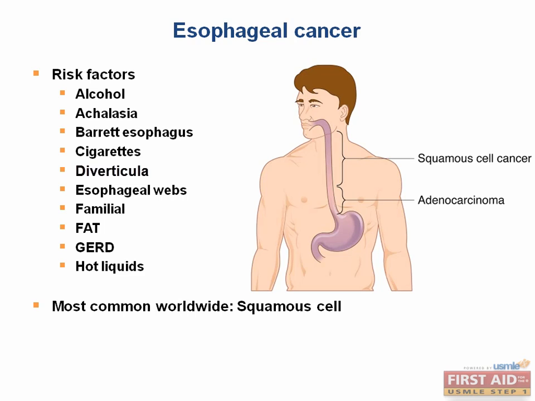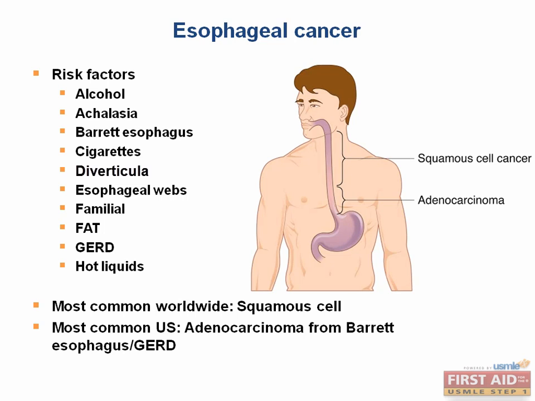Worldwide, squamous cell cancer is the most common because squamous cells are the usual lining of the esophagus. In the United States, what is the most typical risk factor? Well, in the US, the most typical risk factor is Barrett's esophagus from GERD. Once those cells have undergone metaplasia to intestinal columnar cells, the cancer that develops from them is adenocarcinoma. GERD is very common in the US, and the other causes are increasingly rare, so most cases are adenocarcinoma in